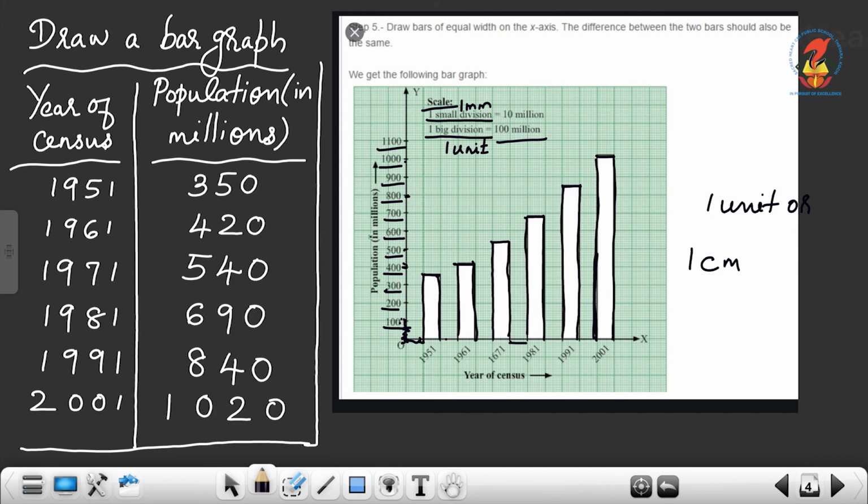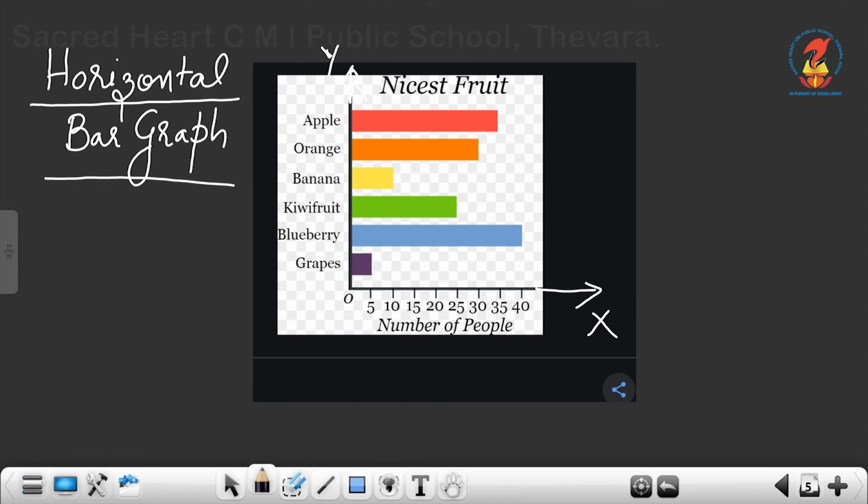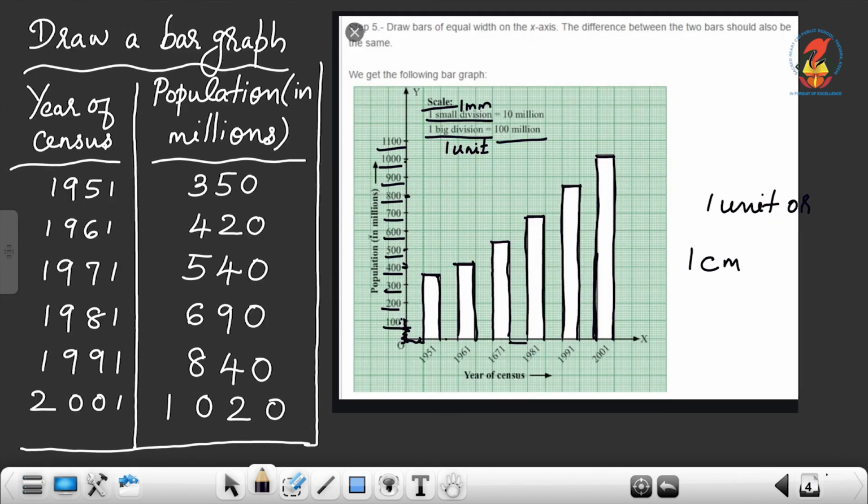When you start drawing the bar graph, you have to start from the left hand side, the bottom corner, left of the graph sheet. Now we can draw the bar graph horizontally also. This is an example of a horizontal bar graph. Here the numbers are given on the x-axis and we draw the bars along the y-axis. We usually prefer the vertical bar graph. So you have to draw the bar graph in this way. If you want, you can color the bars also, or shade like this.